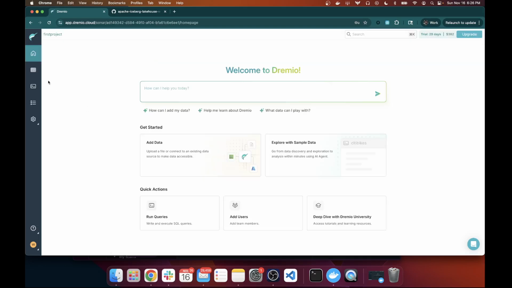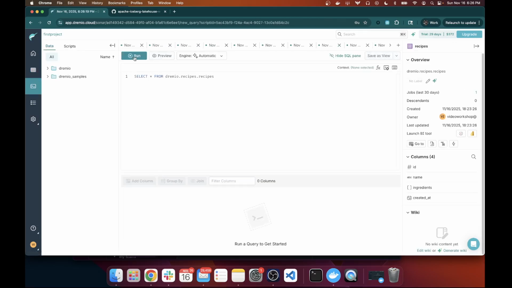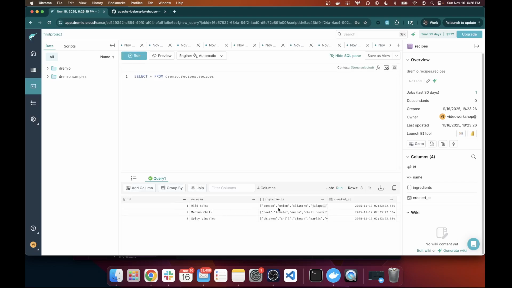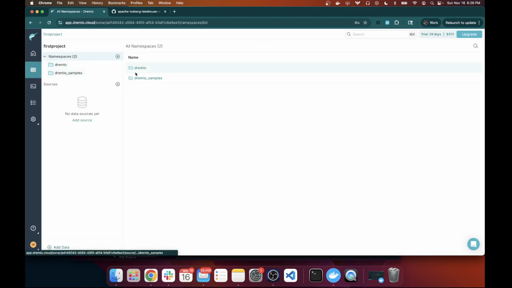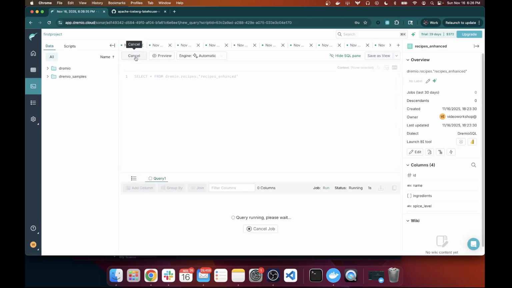And we go right over here. I'm going to go to Dremio. We're going to go to recipes. That was the example. So again, first we'll see the original table. You see the original table is just going to be these 3 records and these arrays of ingredients. Okay. And then if I go to the other table, Dremio recipes, recipes enhanced, this is using the AI